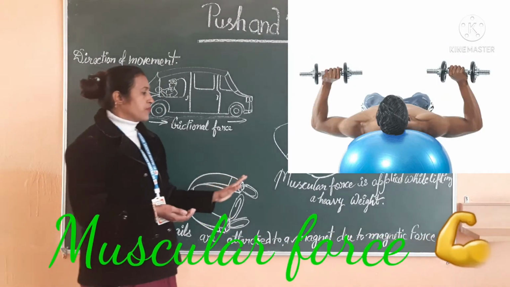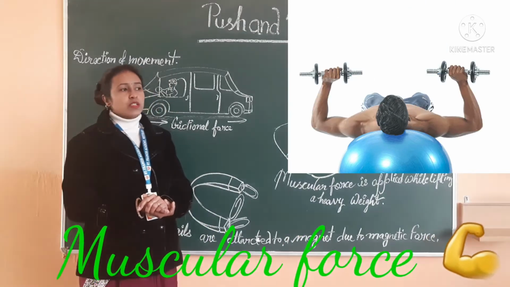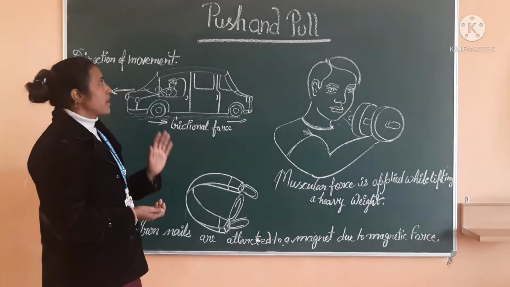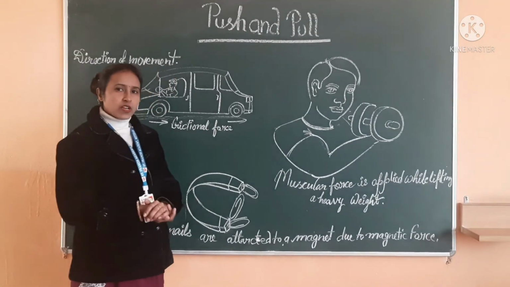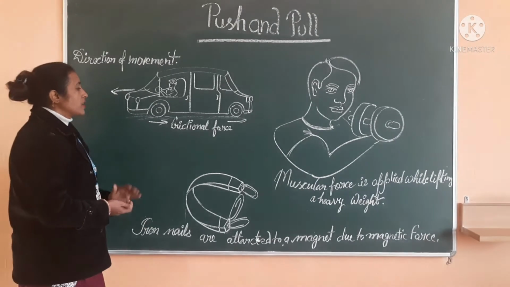So this is the muscular force. This is all about this chapter. We discussed several examples of pulling and pushing in our chapter, as well as the four forces: the gravitational force, the frictional force,